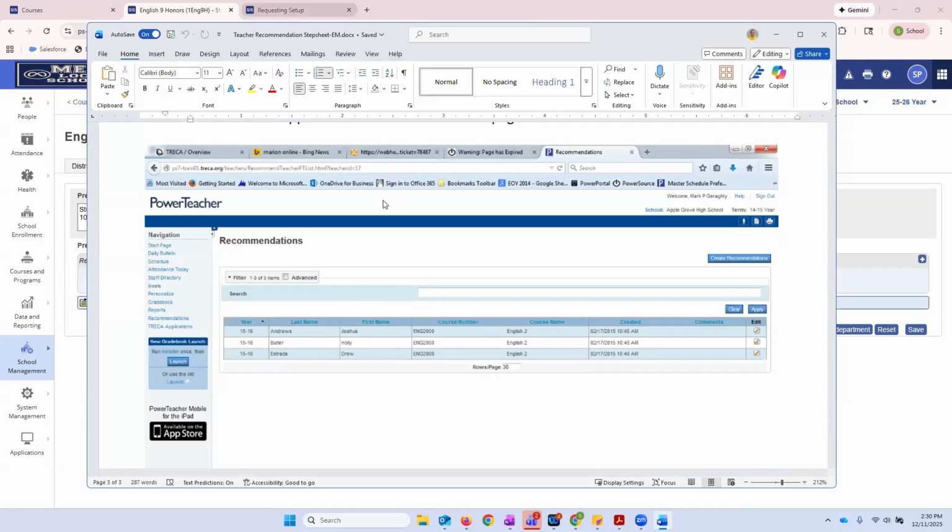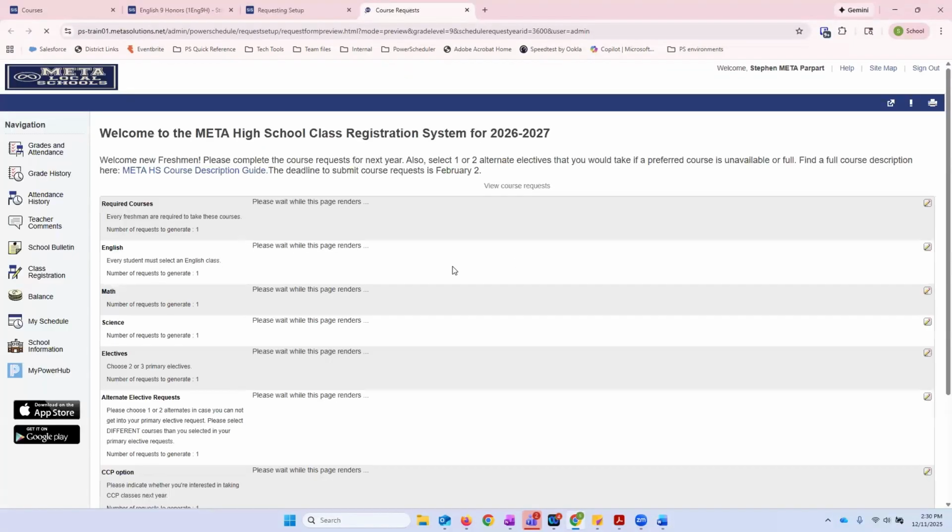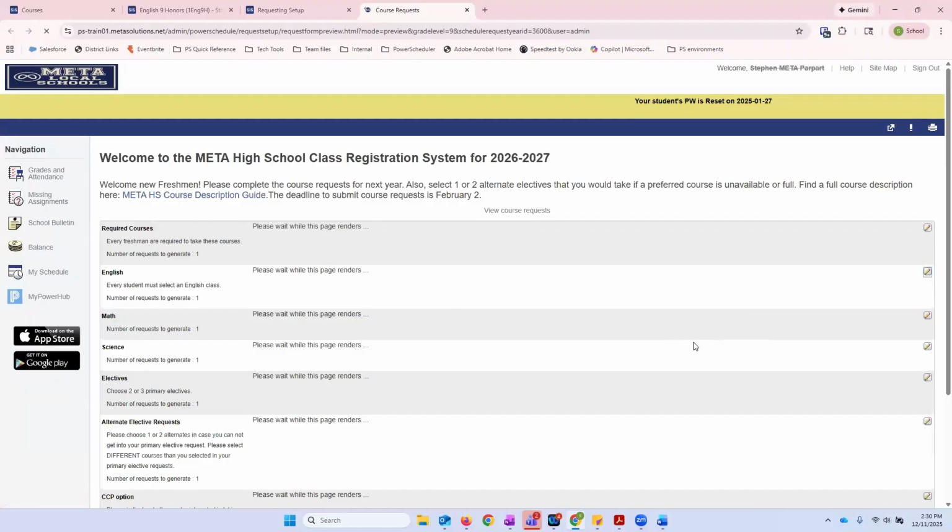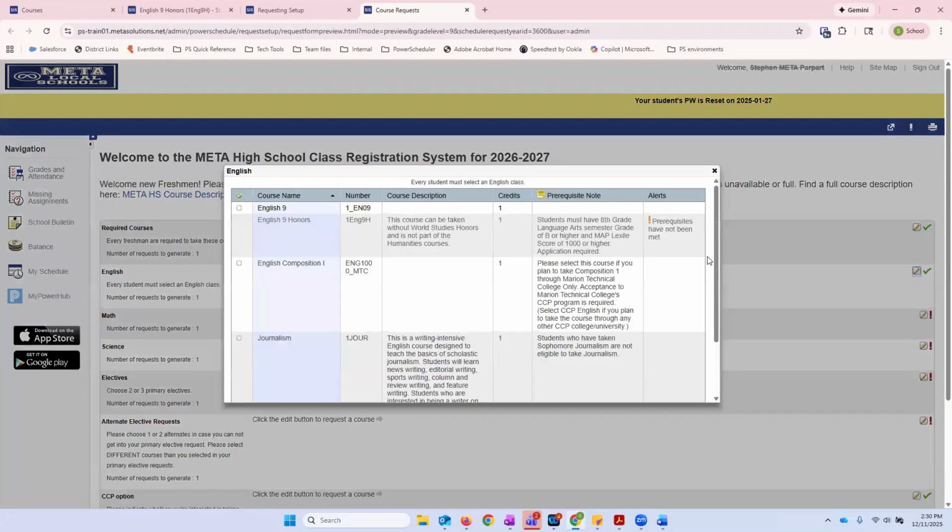On that screen, the student will see that they've been recommended, and the recommendation will show up over here if they have. But if there's no prerequisite rule of teacher recommendation, anyone will be able to select that course. For the kids who've been recommended, it'll say that over here. That's helpful even if you're not using a prereq rule, because maybe you want the kids who were recommended for honors to know that, as an encouragement to select honors